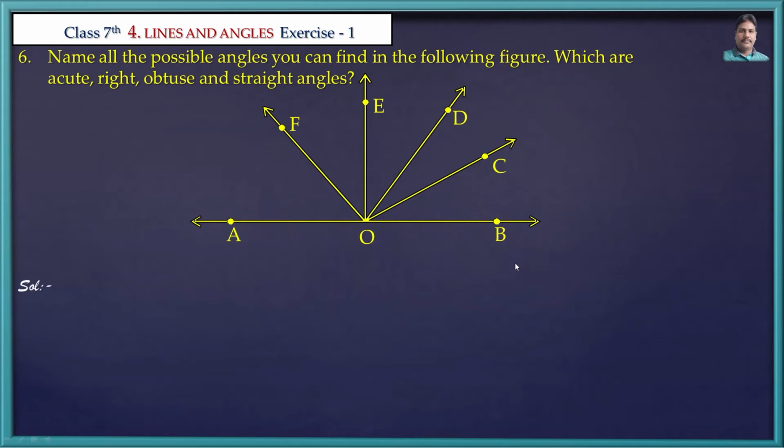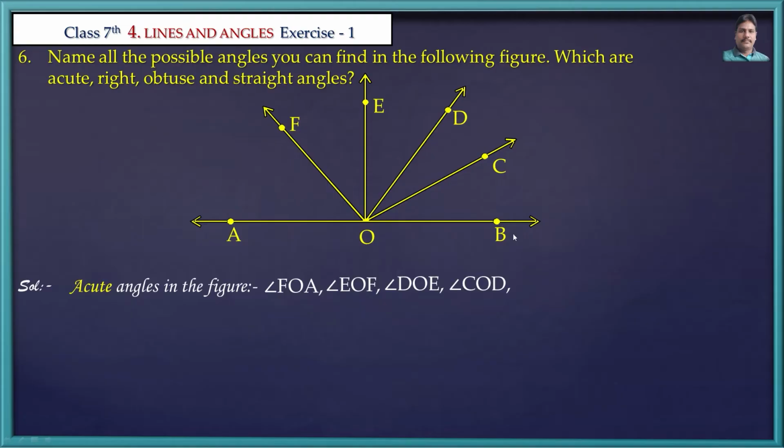Let us solve this problem. First of all, we can write acute angles in the figure. Acute angles means less than 90 degrees. Take angle FOA. This is less than 90 degrees, so this is an acute angle. We can take angle EOF and also angle DOE, also angle COD, angle BOC, this is also an acute angle,